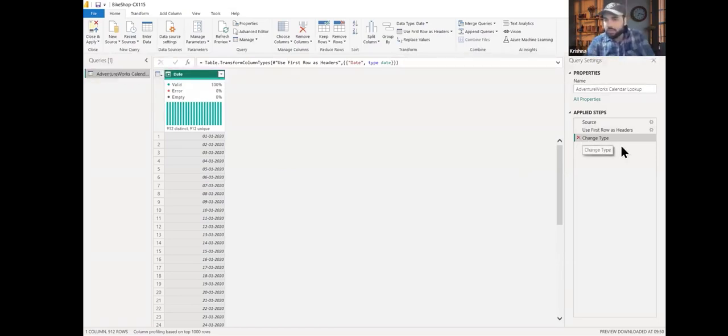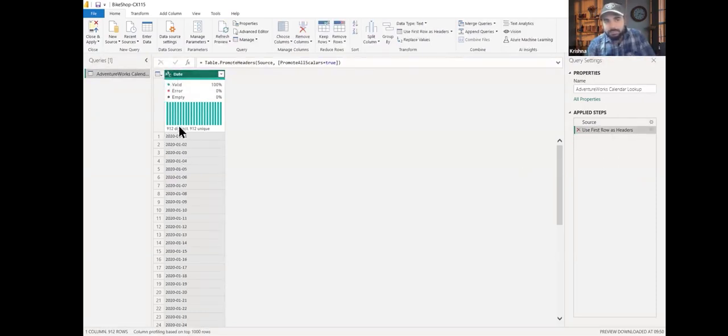So if I remove this, observe this. Your observation needs to be high here. When I remove this step, which is change data type, currently it is showing a data type as calendar, which is a date data type. As I remove it, you will see ABC come up on the left side of the column. Previously, it was a date. Use first row as header is another applied step, which I remove. If you see here, the header is Date. As I remove it, it will be gone. And this is the raw data set.